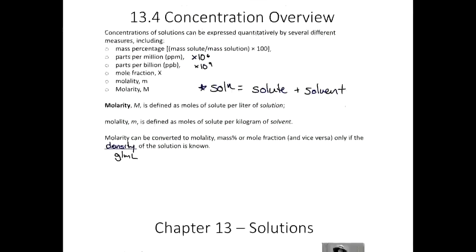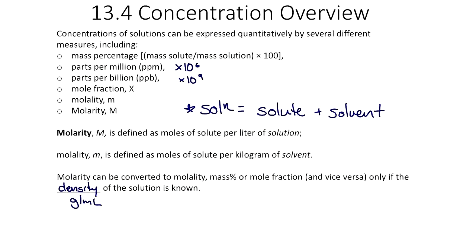Okay, so just to overview everything we just did in this section, all the different concentrations we looked at: mass percents, parts per million, parts per billion. I like to group these all together because they start with the fraction. You just multiply by the appropriate multiplier. But these three, mole fraction, molality, molarity, understanding the units there and whether you're considering solute, solvent, or solution,